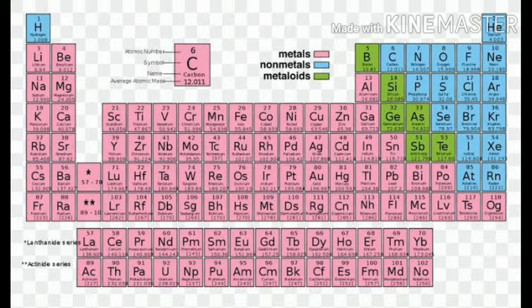It is seen that the zigzag line separates the metals from non-metals in the periodic table, as you can see on the screen. That is, the line between these elements separates the metallic and non-metallic characters, which you can see on the screen right now. In the chart, the elements appear to be arranged in such a way that metals are on the left side of the line, non-metals on the right side, and metalloids are along the border of these lines.